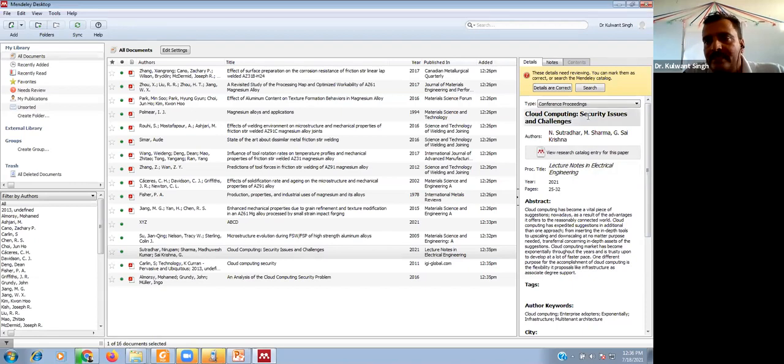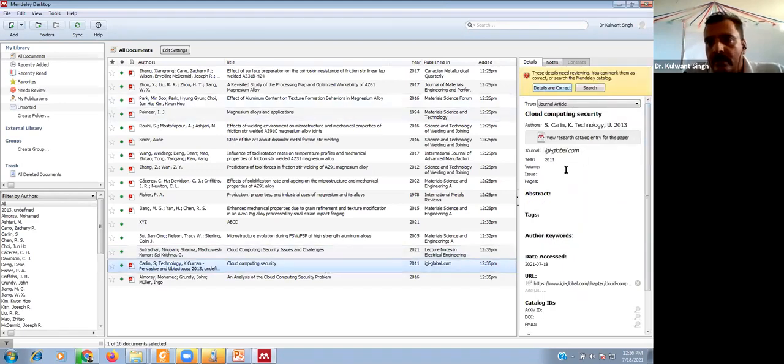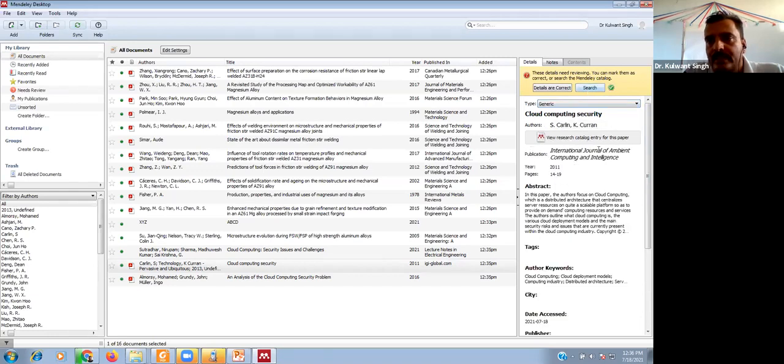The missing details are automatically updated, and now you can check that the details are correct. In the similar way, for this one also a few details are missing and the DOI is not available. Then you click on search, and you will see the details automatically updated.